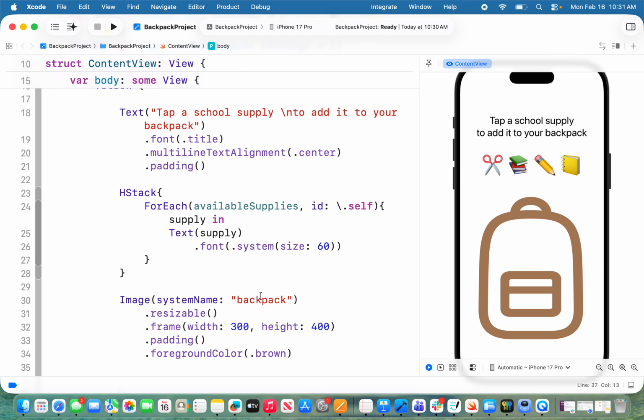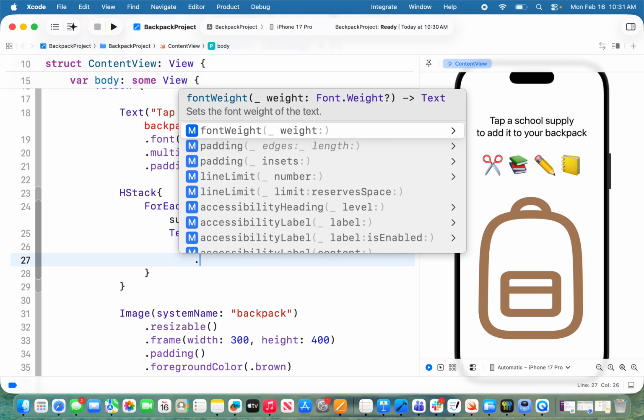Okay, so the next thing we have to do is I want to make it so that I can tap on something, right? Click, tap, but they call it tap. And so SwiftUI makes it really easy to do. So we can tap an emoji and then add it to our supplies in the backpack. So in order to do that, what we're going to do is we're going to modify the text for supply, this right here, okay? And we're going to add what we call a modifier, an on